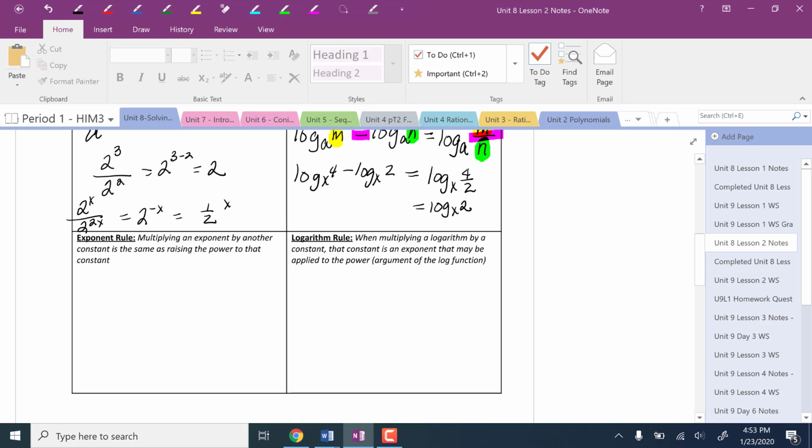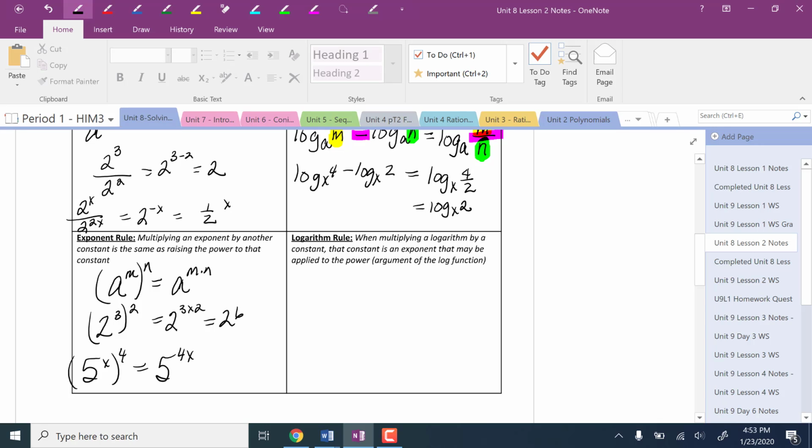Okay, another exponent rule is the power of a power rule. So I have a to the m to the n, and we know that we multiply those two exponents together. So 2 cubed squared is 2 to the 6th. If I had 5 to the x to the 4th, that would be 5 to the 4x. Power of a power. So likewise, if we have